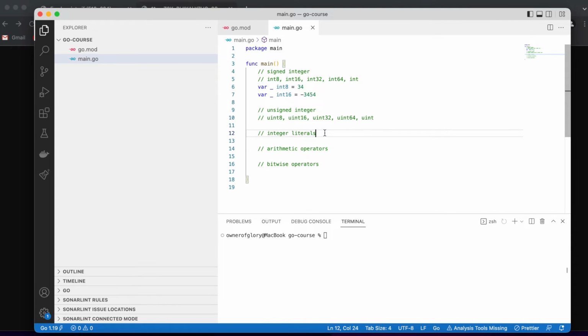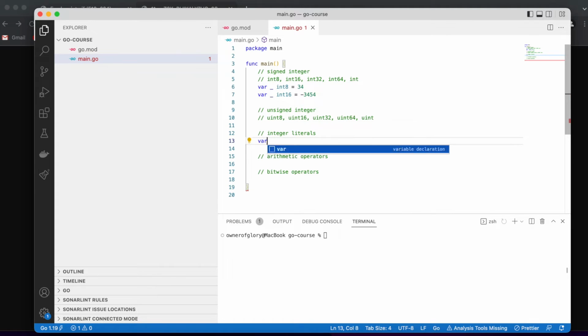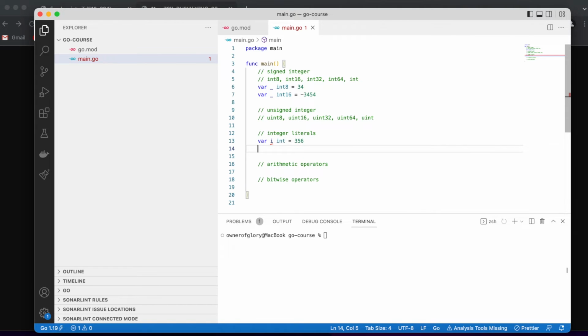And let's talk about, for example, the integer literals. In the previous videos, I showed you that when declaring a variable i, for example, I would use an integer literal, for example, 356. But depending on the form of the number, I can also use a binary representation or a hexadecimal representation, it doesn't matter. For instance, this is an example of the binary representation of a number,